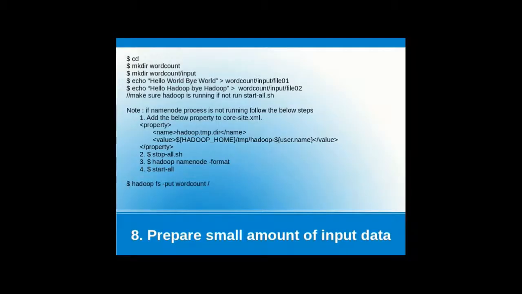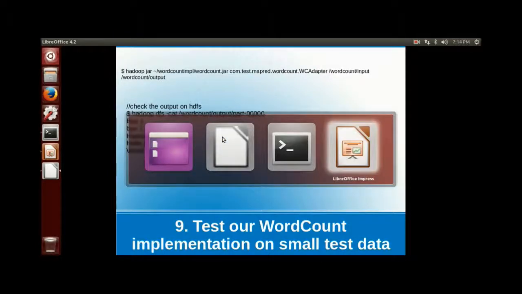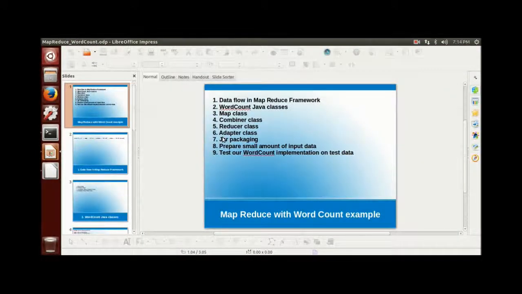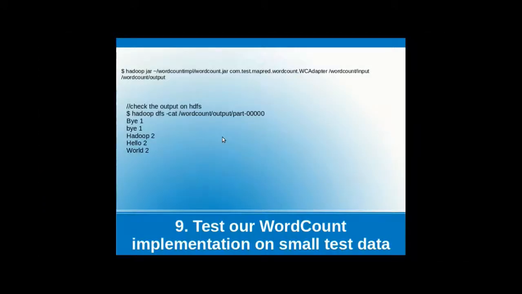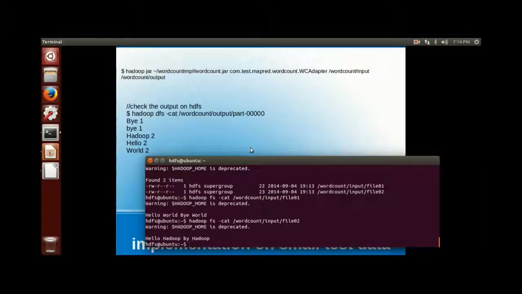Now it's time to run our MapReduce job on the test data. Here is the command, hadoop jar. Sorry, it's the home directory.